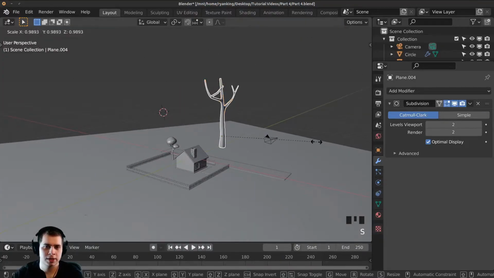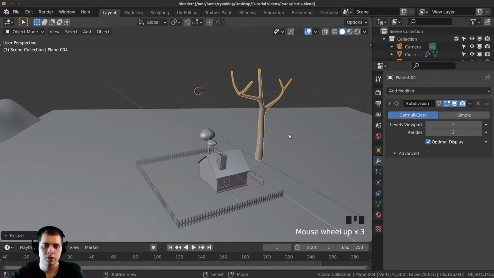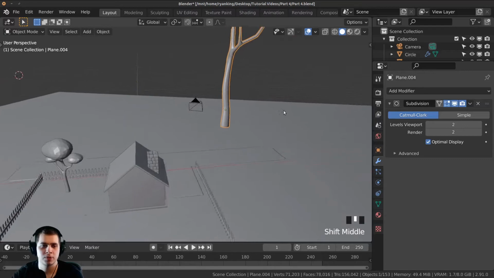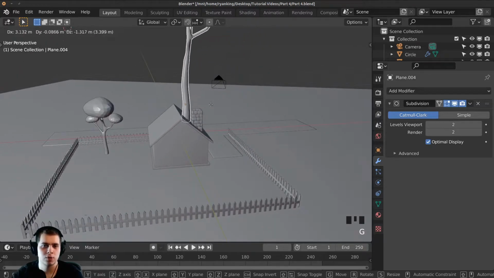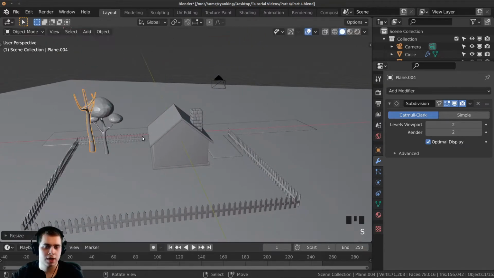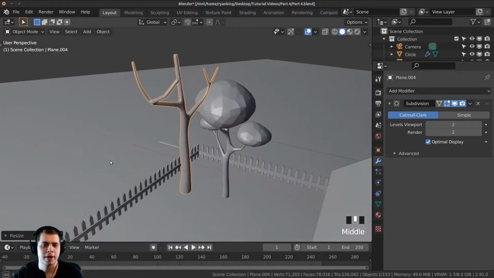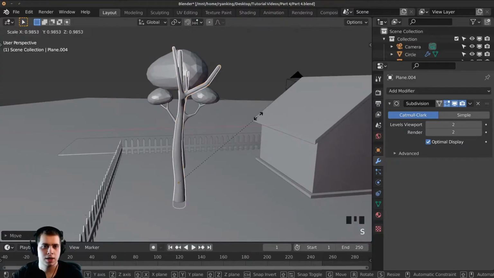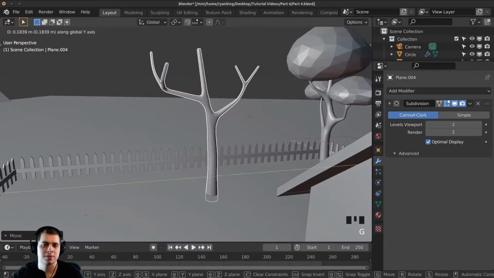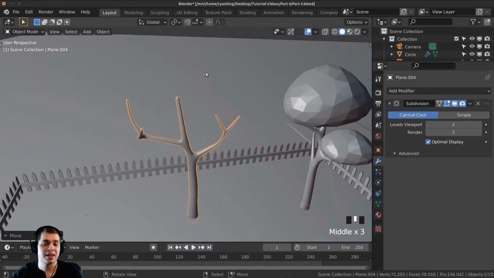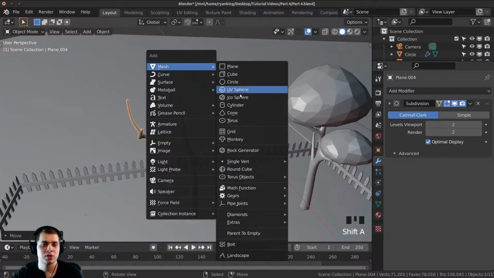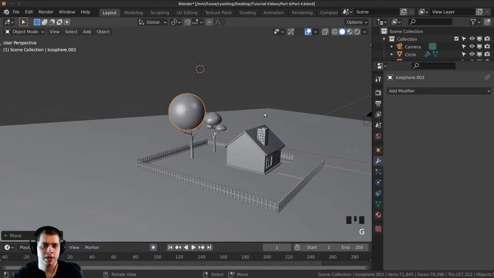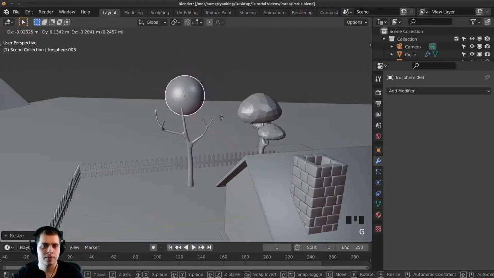So now what I'm going to do is scale this down. Oh, and also we need to shade it smooth with the object context menu, shade it smooth, and then press G, move it over, scale it down, and then you can press period on the number pad to hop over to it. Let's just bring this down into the ground, make it maybe about the same size as this tree. And then again, let's press Shift A. I'm going to add an icosphere, and then just bring this icosphere down here, scale it down,